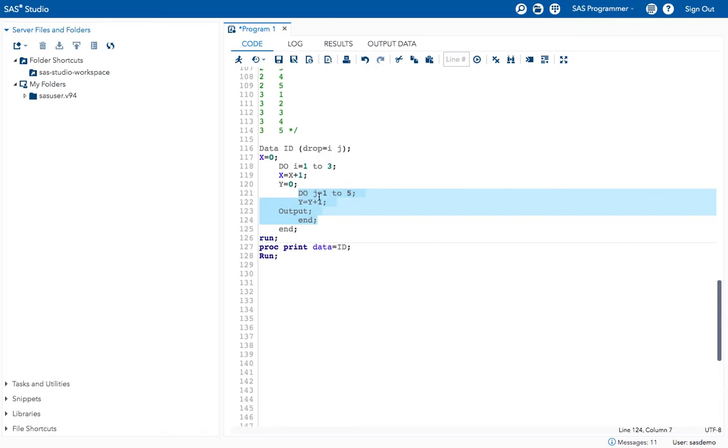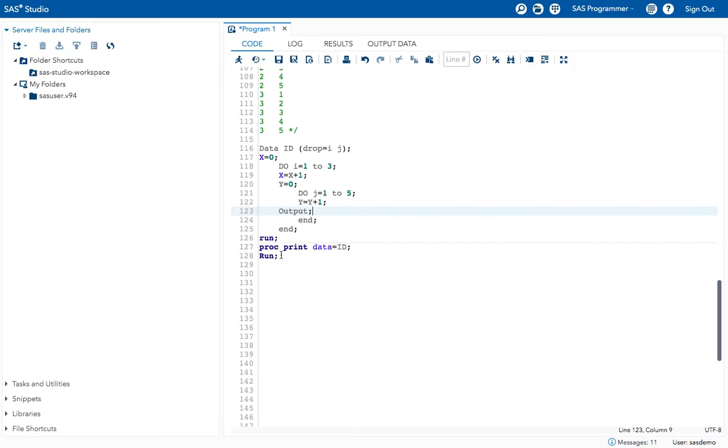But when it comes here, what happens? While doing the first iteration for the I, here it will finish the first 5 iterations and then it will go back to the second iteration. In the second iteration, again in the nesting do loop, it finishes the first 5 iterations and then it will go back to the third iteration in the main do loop. In the third iteration again it finishes 5 nesting loop iterations. Like this the nesting do loop works.